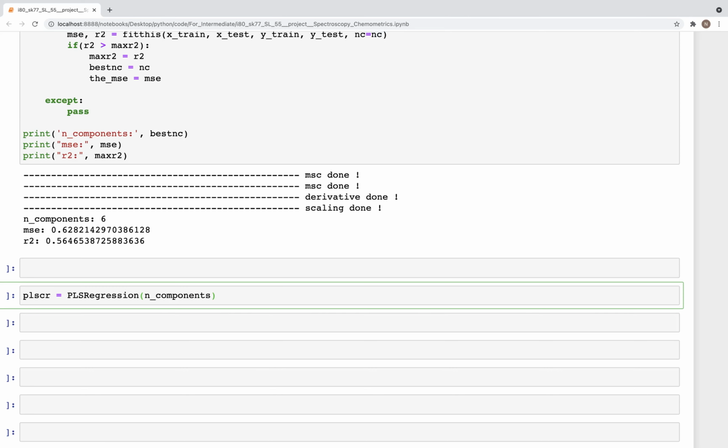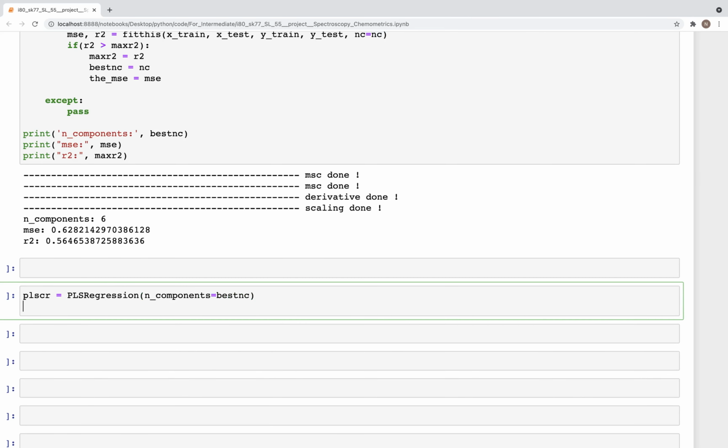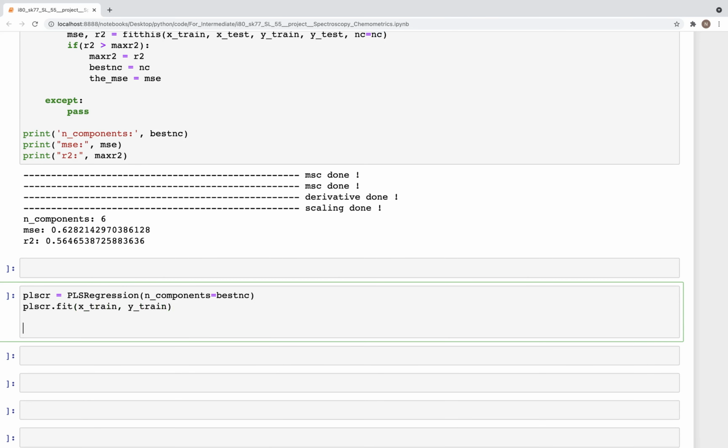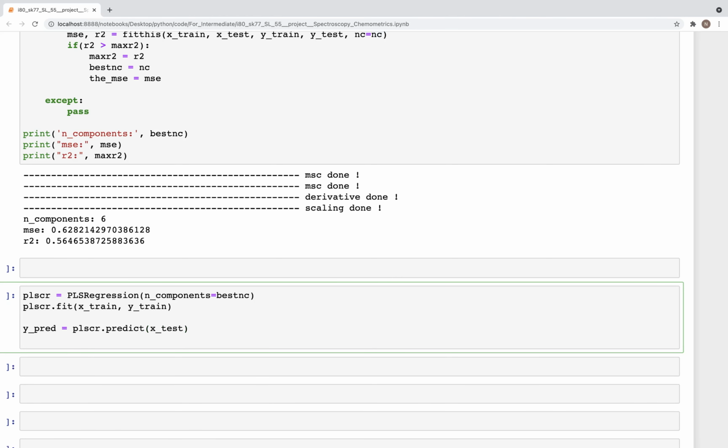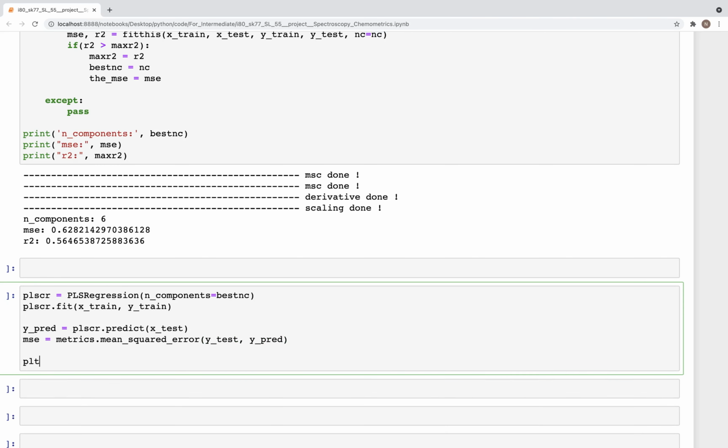Components is equal to best NC, that's from what we got above, PLSCR dot fit x underscore train y underscore train, and then we have y underscore pred is equal to PLSCR dot predict x underscore test, and MSc is equal to matrix dot mean underscore squared underscore error y underscore test y underscore pred, and here we'll do plt dot